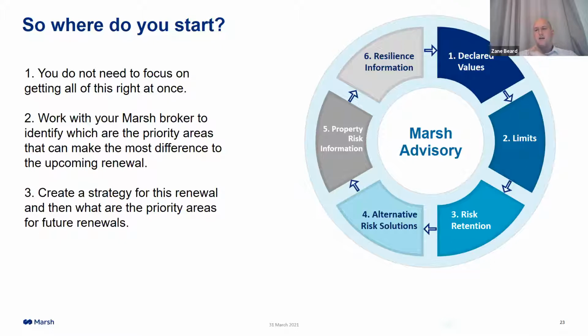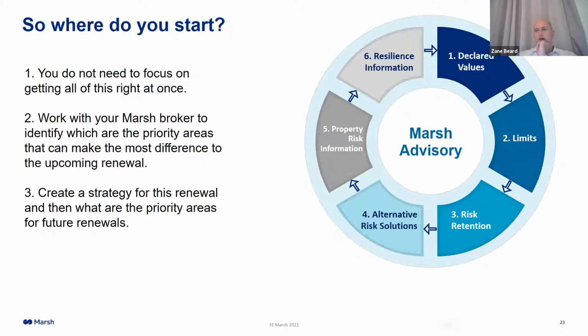It might be that you've been buying a significant limit for a long time, and it may be time to have a look at that because the aggregate risk may be a lot less than the 500 million you're buying. It might be 300. And so that could have a significant improvement to capacity or pricing, so that could be an area that you might want to focus on.